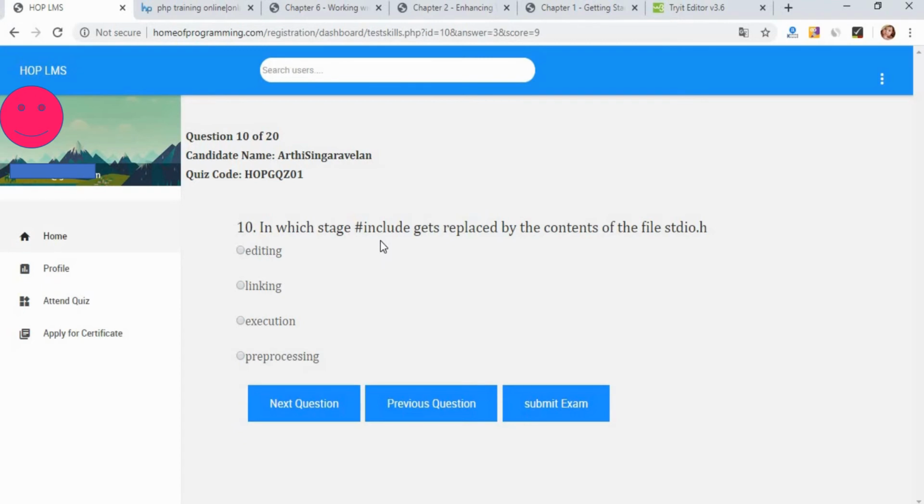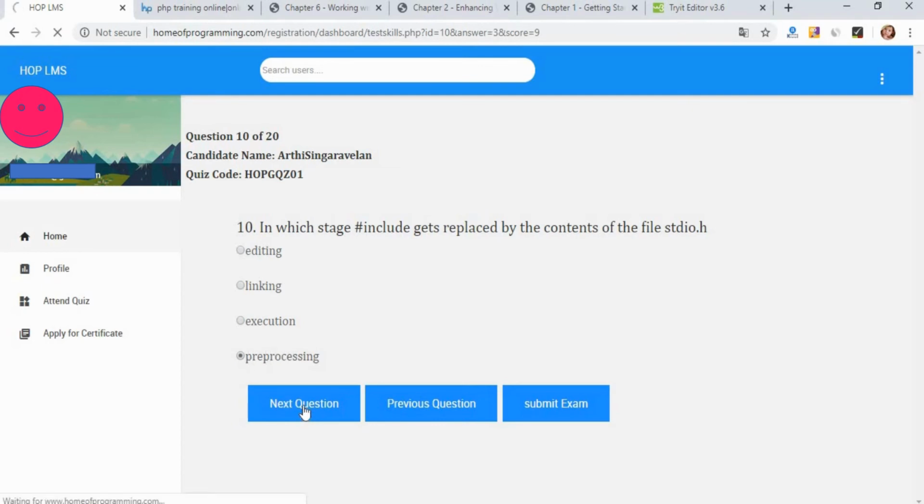This phase is known as compilation, and the third phase is assembly. In this phase, the assembly code generated in the previous stage is converted into object code, and finally in the linking stage, all these object codes are rearranged in order to produce an executable program. So the answer for this question is pre-processing.